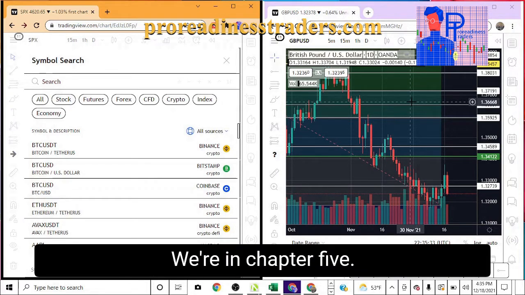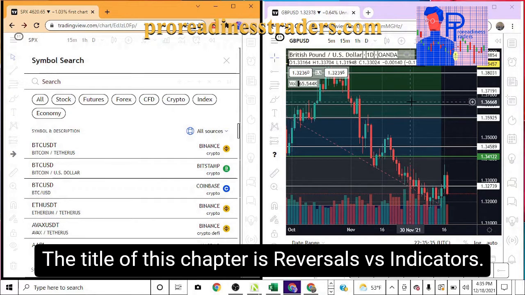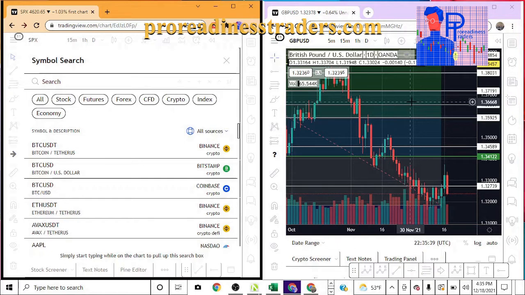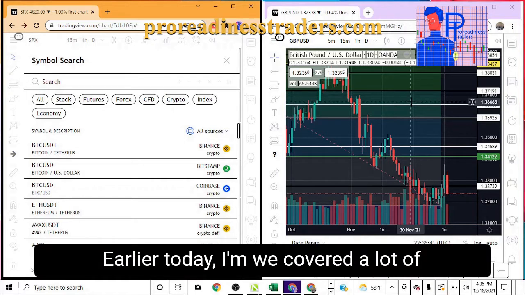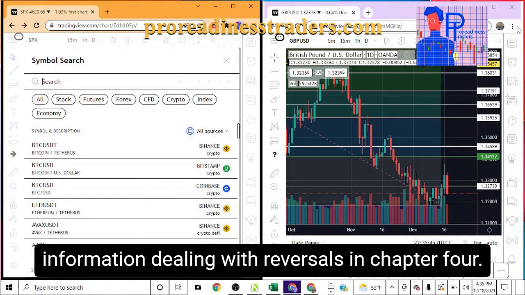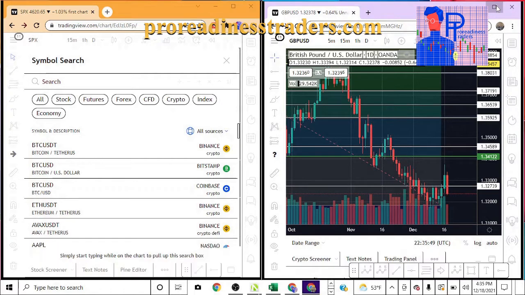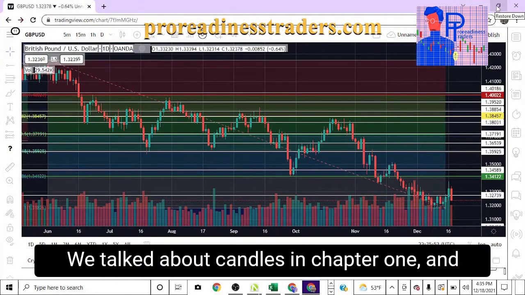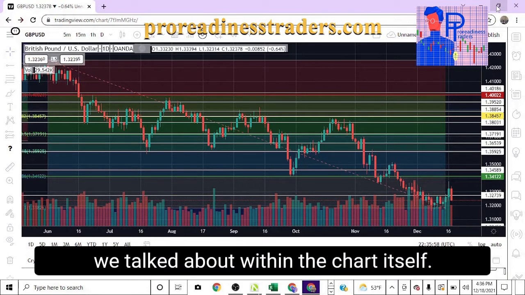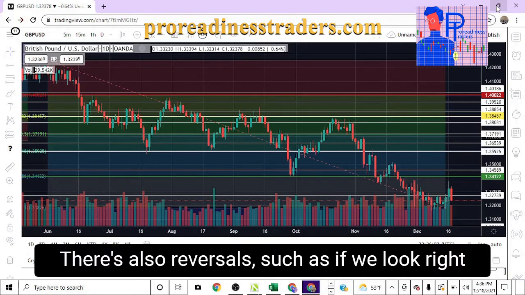We're in Chapter 5. The title of this chapter is Reversals versus Indicators. Earlier today, we covered a lot of information dealing with reversals in Chapter 4. We talked about candles in Chapter 1, and we talked about how within the chart itself, there are also reversals, such